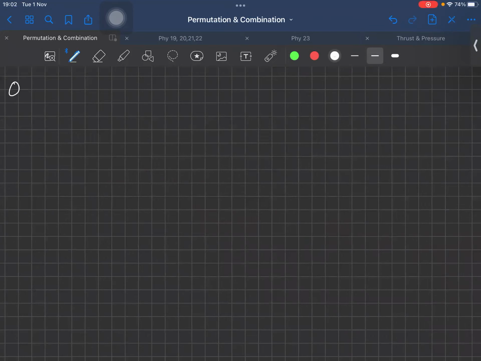Okay, next question. Find the number of permutations of English vowels taking 2 at a time. So you have English vowels A, E, I, O, U, right? Now you have to arrange these vowels taking 2 vowels at a time, taking 2 at a time. And verify your result. Okay, so let me write the complete question.